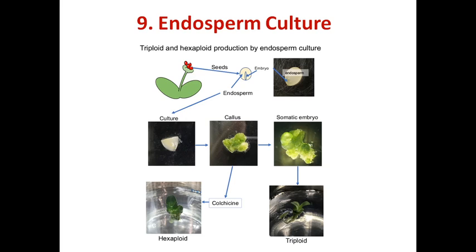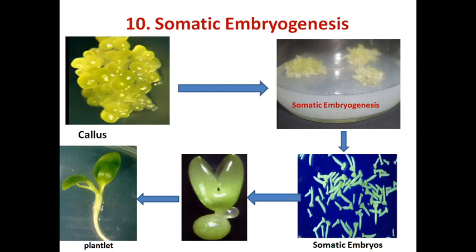Okay, next, somatic embryogenesis. Students, in somatic embryogenesis, there is regeneration of an embryo from a somatic cell. Normally the embryo is produced after fertilization, but here the embryo develops from a somatic cell, other than the reproductive cells. The regeneration of embryos from somatic cells, tissues, or organs, either de novo or directly in in vitro conditions, is known as somatic embryogenesis. It is also known as non-zygotic or non-sexual embryogenesis, and these are also known as adventive embryos.